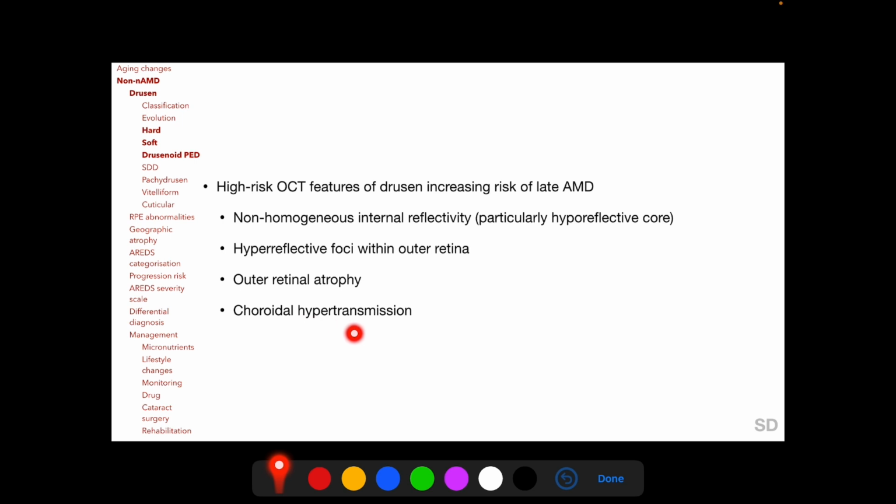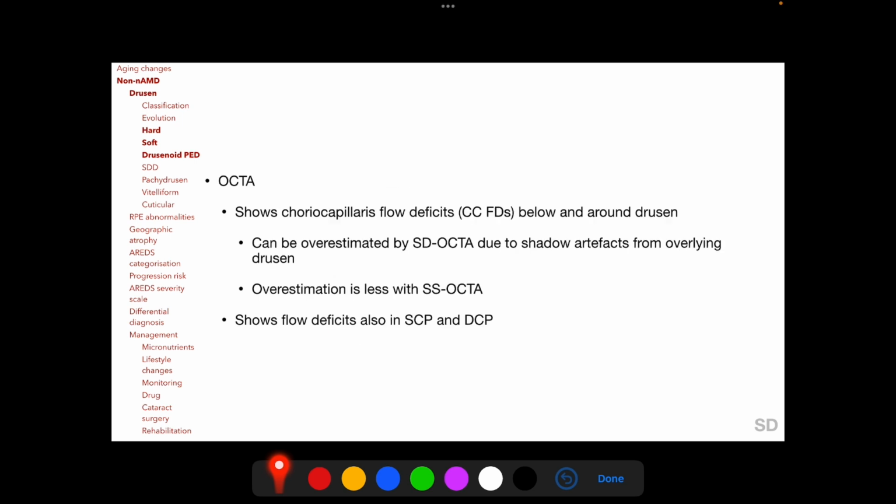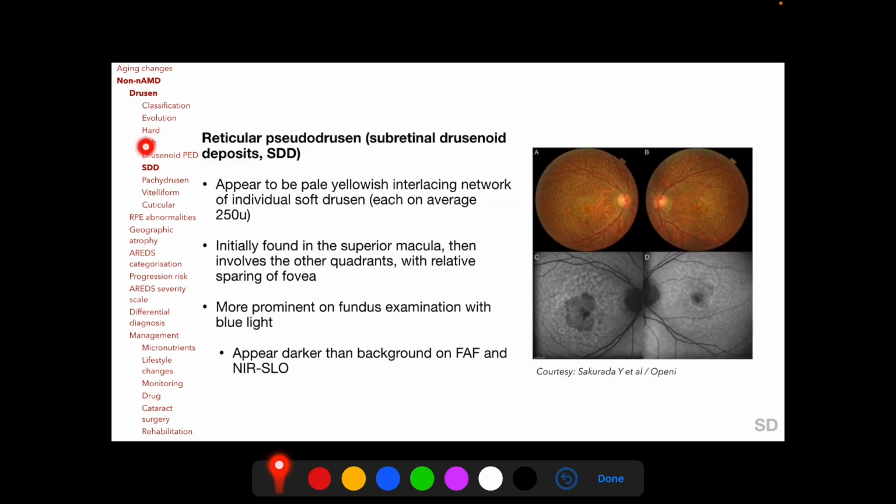atrophy, and choroidal hypertransmission. And on OCTA, choriocapillaris flow deficits can be detected below and around the drusen. Apart from these three common types of drusen, there are other forms of drusen also, which includes reticular pseudodrusen, also known as subretinal drusenoid deposits or SDD, which appear to be a pale yellowish interlacing network of individual soft drusen, which initially typically involves the superior macula and then involves the other quadrants of the macula with relative sparing of